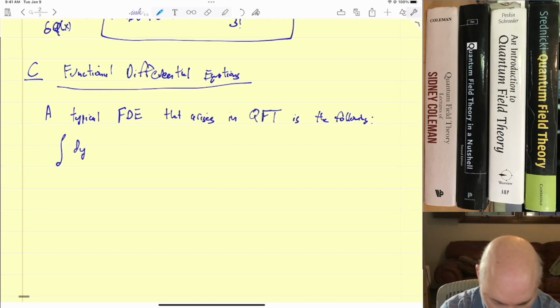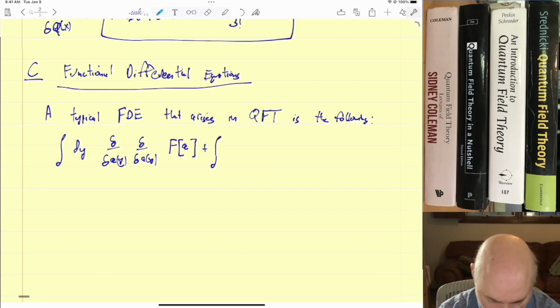The integral of dy, δ/δa(y), I'm going to have two functional derivatives, of the unknown functional F that we're trying to solve for, plus the integral dx dy,